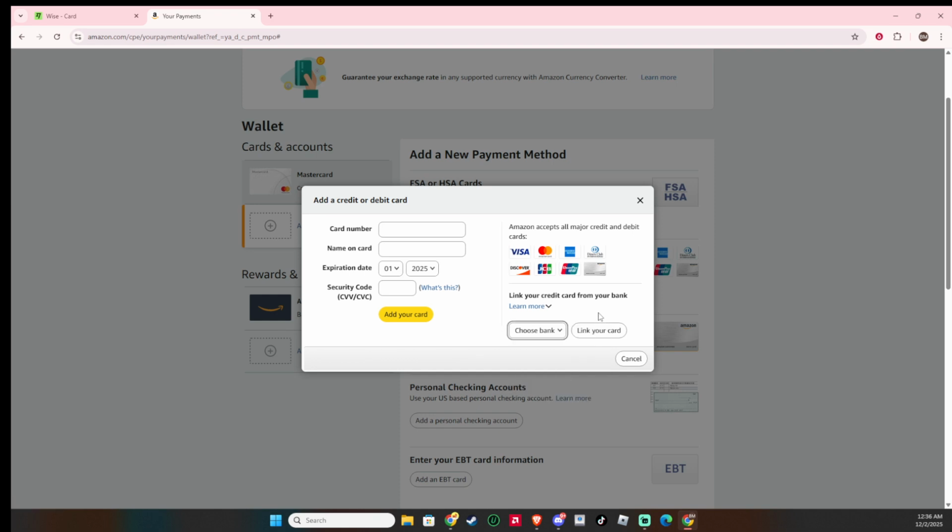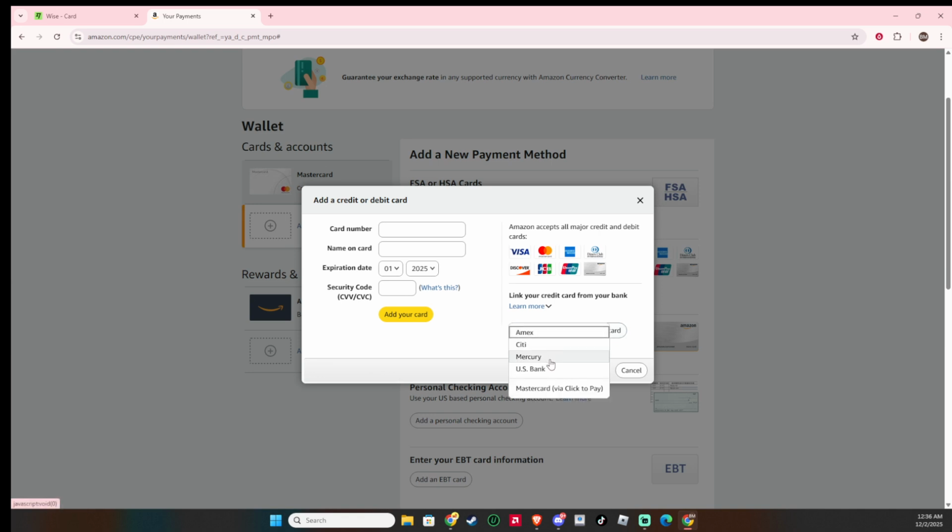As you fill in the details, remember to keep your information private and only enter it on the secure Amazon page. Amazon uses encryption to protect your data, and you should never share card numbers or security codes through messages or emails. When everything looks correct, the form will accept your details, and your card will appear in your payment